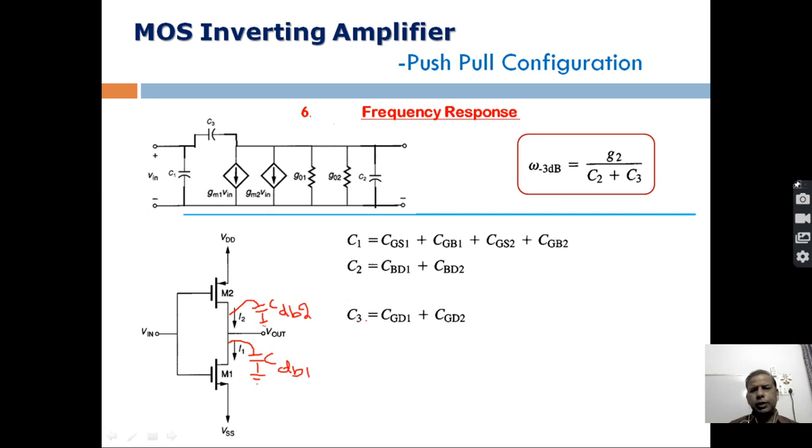Now about C3. C3 is between output and input, so it is the capacitive component between output and input. This is output and this is input. So if we go here, it's output to input, this is drain and this is gate. So between drain and gate, from our device physics knowledge, we remember that there is a capacitive component,